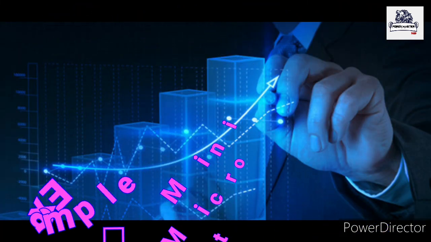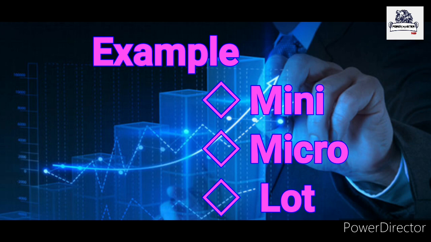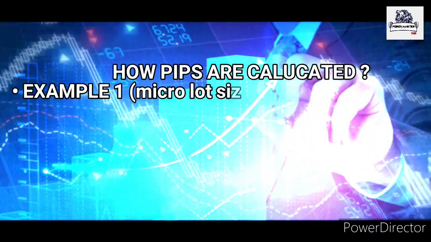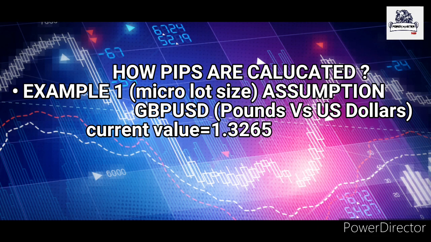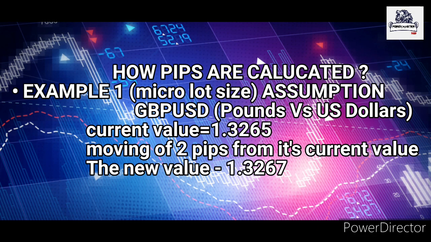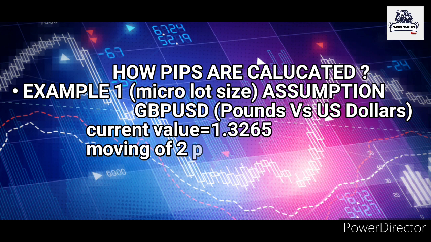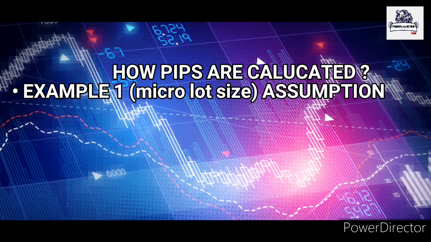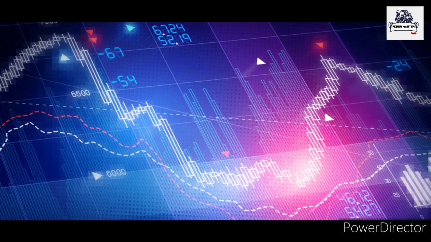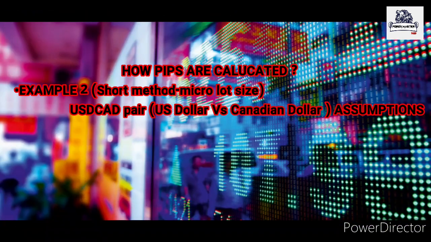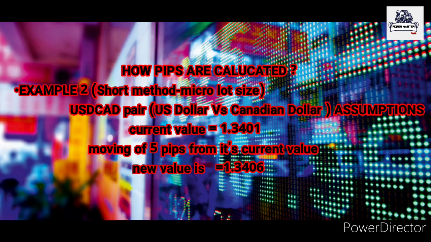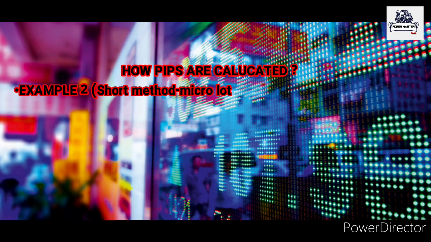I'm going to give you examples for mini, micro and lot. Example 1, micro lot size. Just assume that GBP USD, pounds versus US dollar, its current value is 1.3265 and it moves 2 pips from its current value, then obviously the new value will be 1.3267 as shown in the image. And another example, take the USD CAD pair, that's US dollar versus Canadian dollar, and assume the current value is 1.3401 and it moves 5 pips from its current value, then the new value is